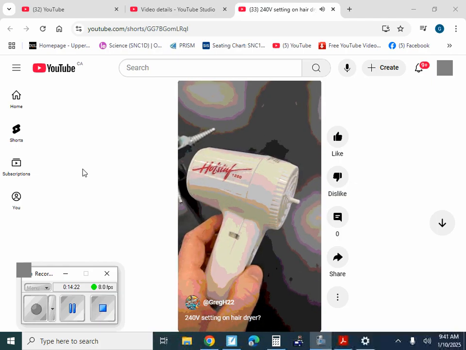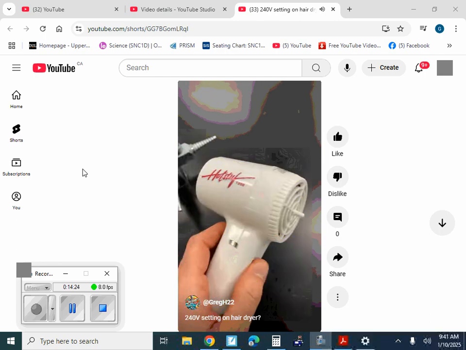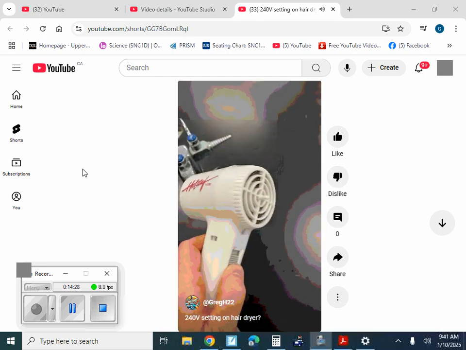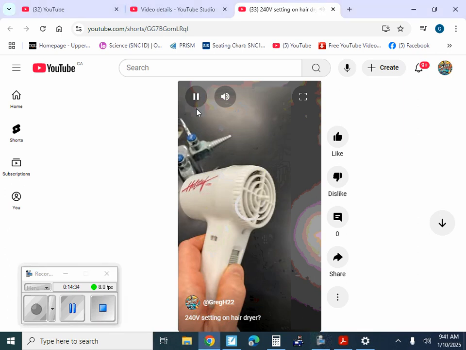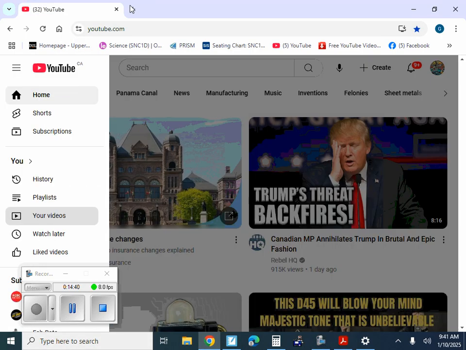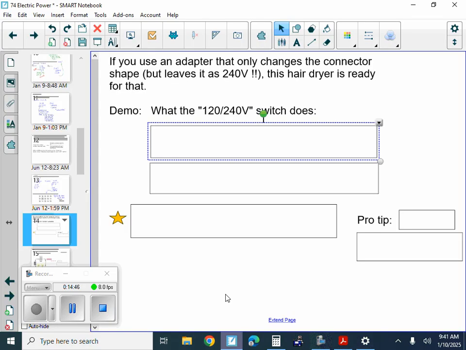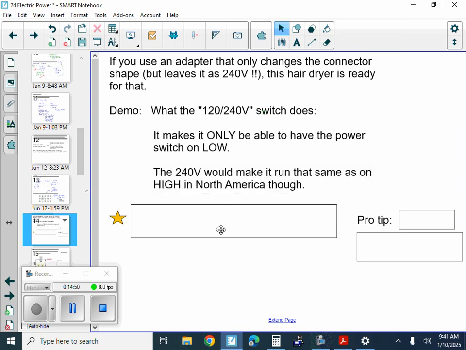110, 120, there are different numbers quoted, right? Anyways, let's see what happens. So the low still works, and then the high, all it did was physically lock out. I got just enough Wi-Fi to be able to play that one, I guess. Close that out and turn off the hotspot here. All right, so all it does is physically lock it, so you can only put it on low,